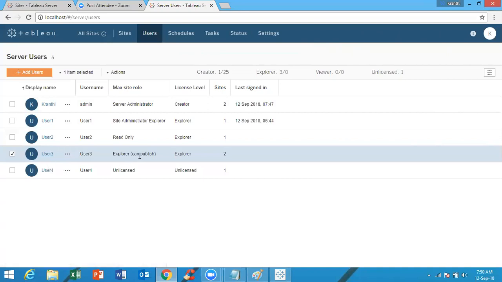Explorer can publish is the highest site role for a user in the site called HR. So that's why, even for all users, it is taking it as Explorer can publish. So if one user